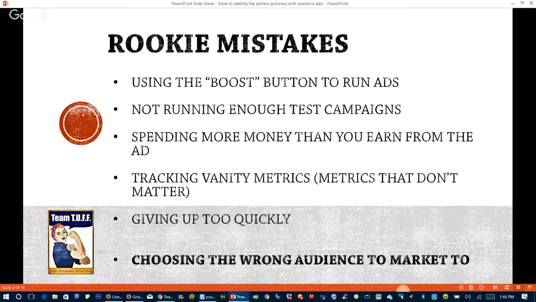So this all goes back to the testing, and that's what I'm really going to focus on today: showing you how you can choose the right audience. How do you narrow that down? Because so often, you don't even know what to target other than age and gender and things like that. Who do you specifically target when you're running the ad? We're going to talk about that next.